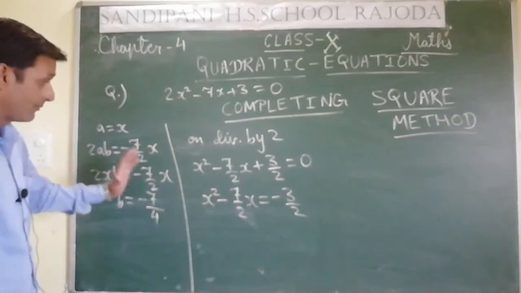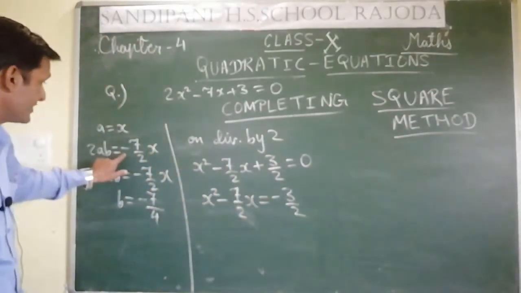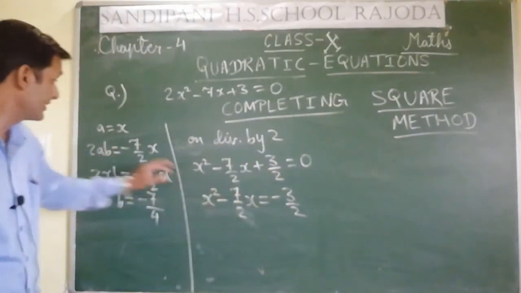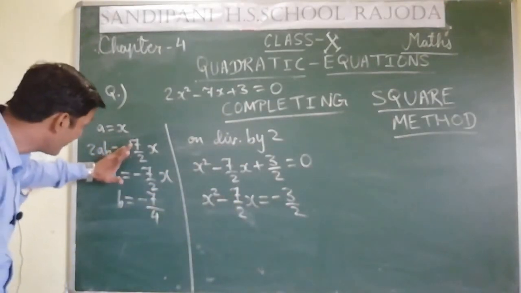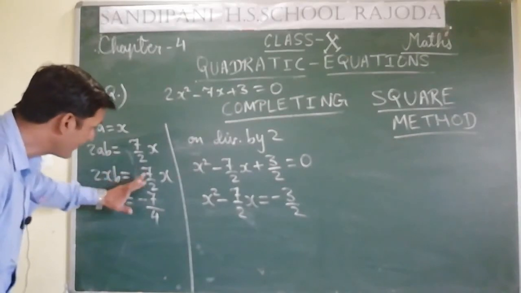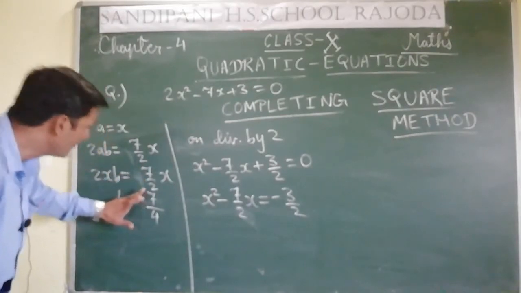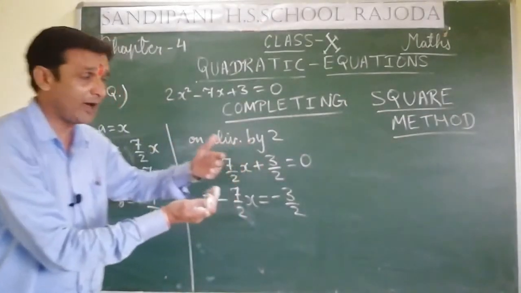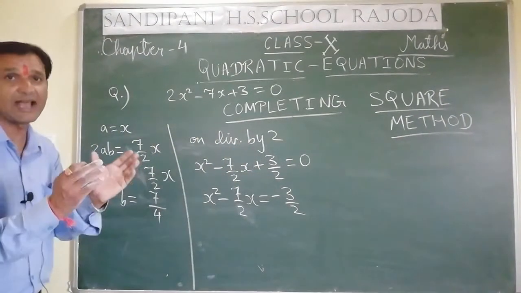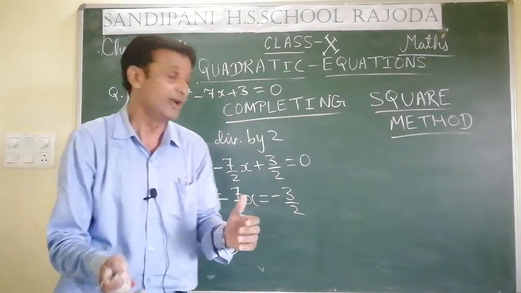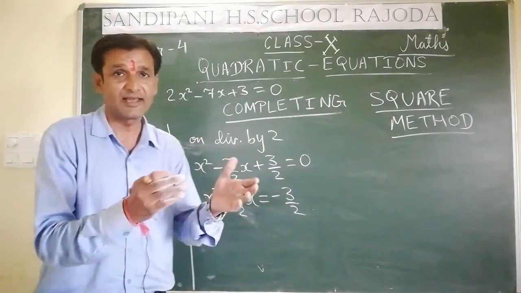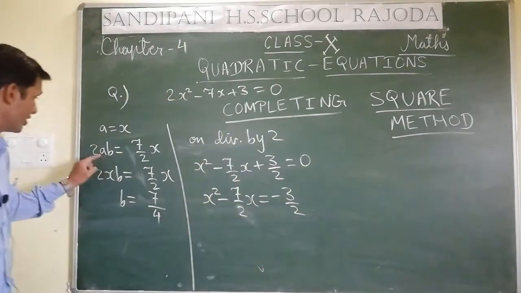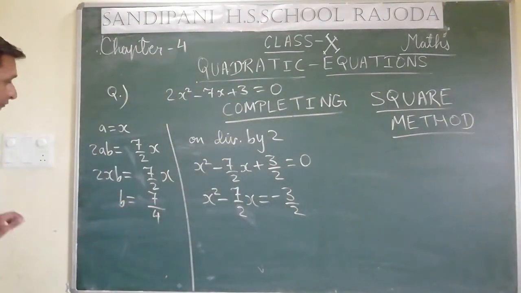But one more thing I will tell you, this minus don't consider. Of course it is minus 7 by 2x, but that we will include in our formula for making it formula. So you remove this from here for making it a particular formula part, that it is either a minus b whole square or a plus b whole square. In case of plus, it is a plus b whole square, and in case of minus, it is a minus b whole square. So it is b is equal to 7 by 4 now.